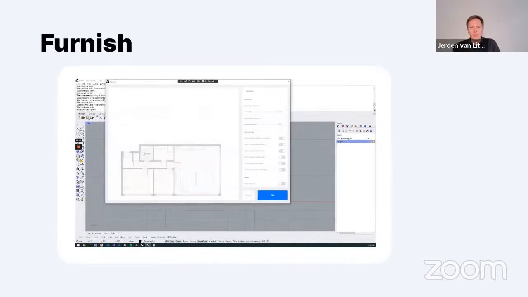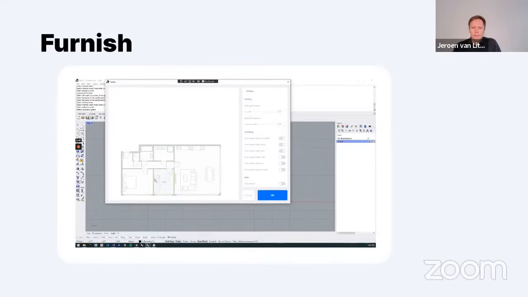And you have to select the entrance. And then it will make a guess of where all the furniture will go. And if you're not happy with a predicted room function or predicted door, then you can always change that and override it. So here the user's changing one storage room